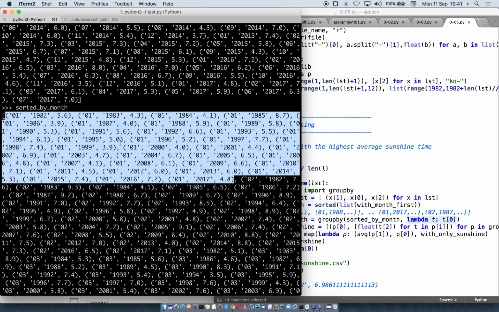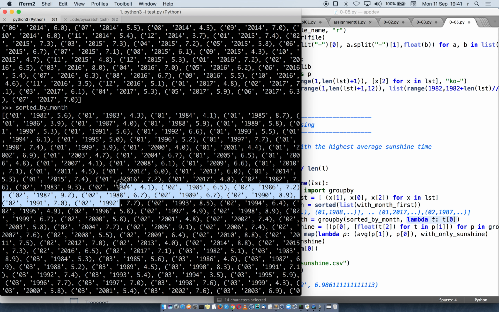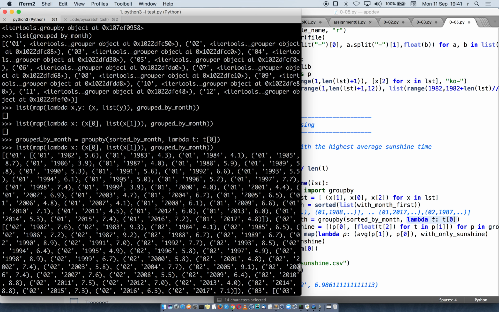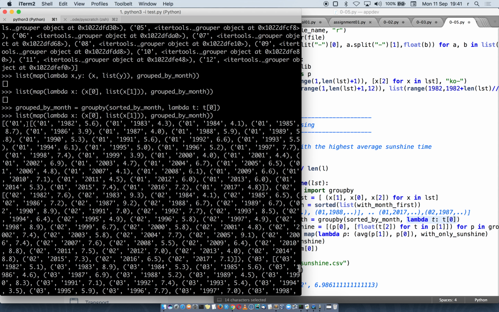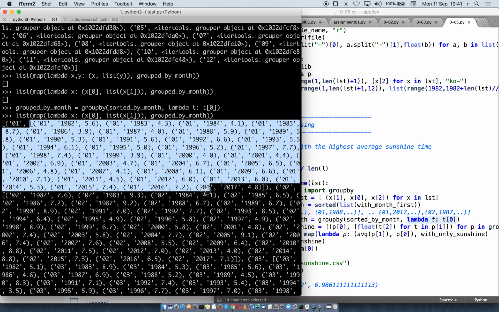So I would like these 0, 1s to be put in a sublist, the 0, 2s in a separate sublist, the 0, 3s in a separate sublist. Is that clear? So group by helps us to a certain extent. It creates this sublist, you see it here. But what we would have liked is this sublist, and then the next sublist, and then the next sublist. But instead of doing that,